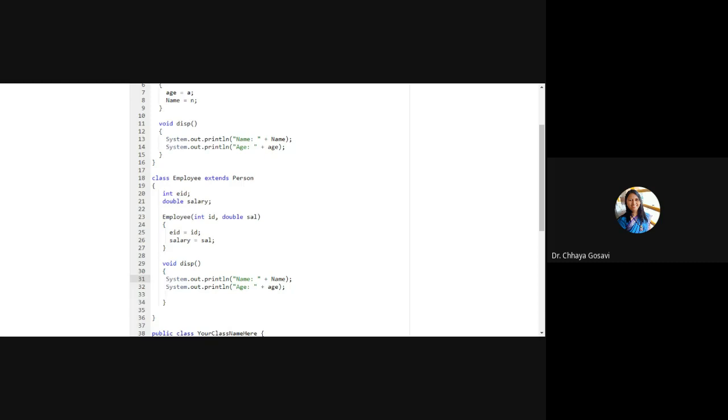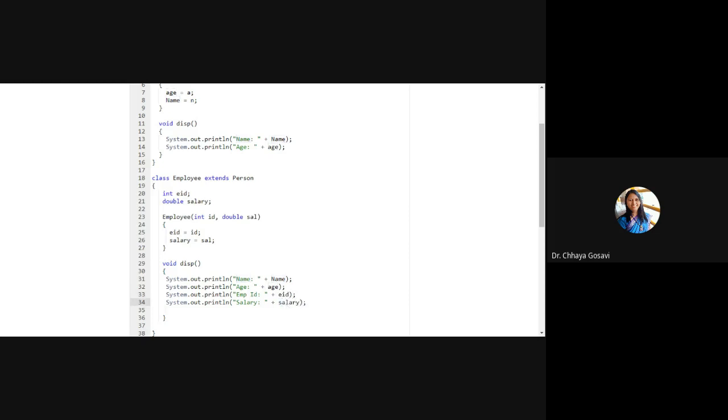I can display name, age, and employee ID and salary, because it will inherit the variables and functions from the person class. Employee ID is EID and salary is salary.